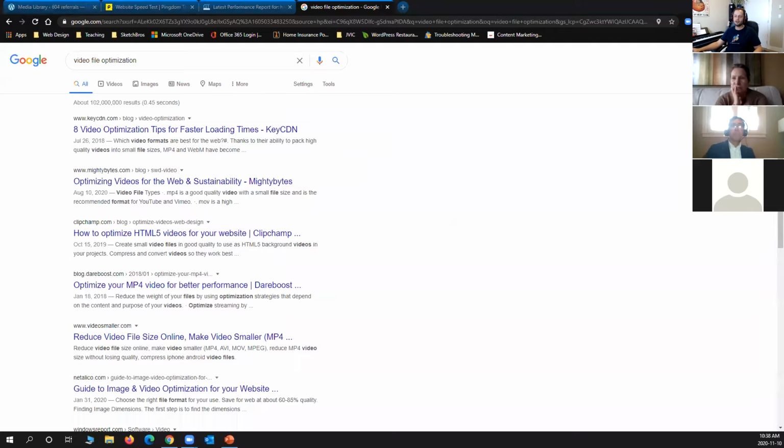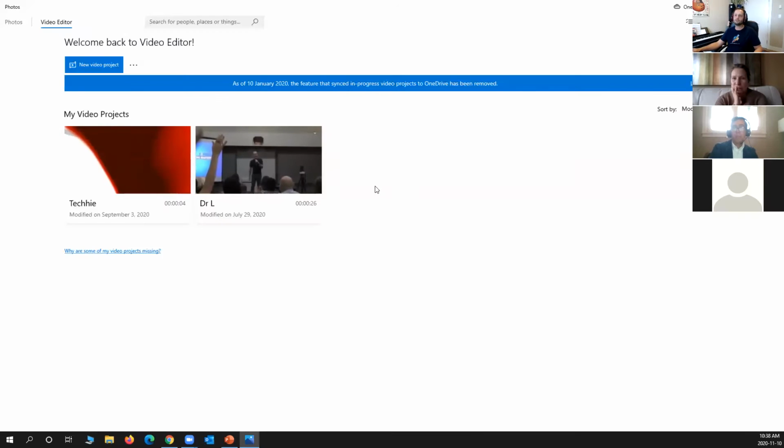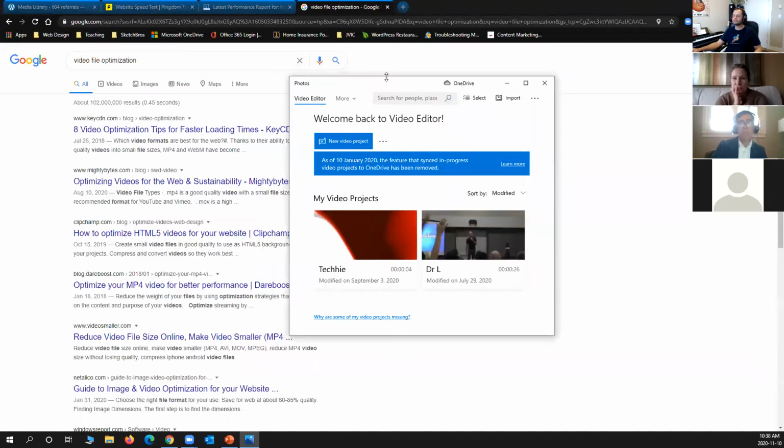Apple operating system has it, Windows has it too. If you're a Windows 10 user, for instance, you have this very simple software called Video Editor. This is actually one of the best compressors I've ever seen.